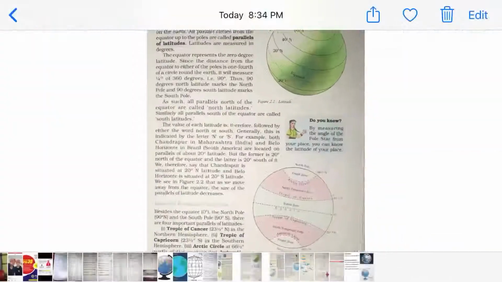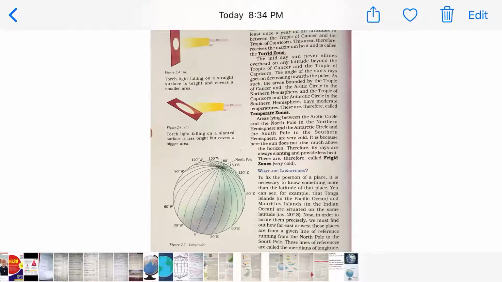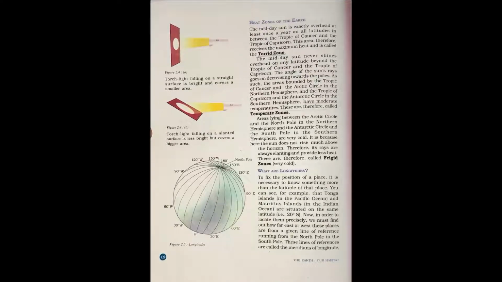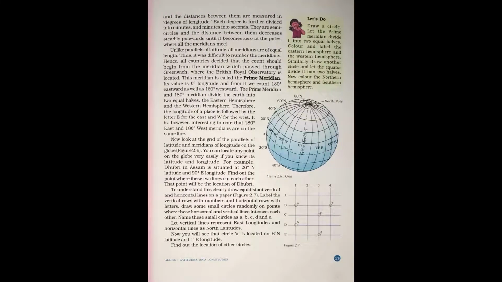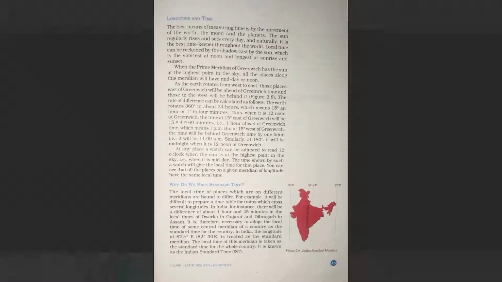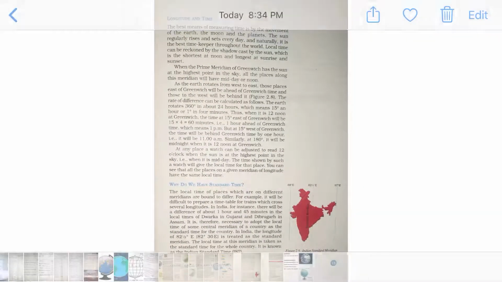So these things are given in our chapters. You can read the chapter. I discussed all the small parts and all the terms. I hope you understand. After reading the chapter, if you are facing any kind of problem, you may ask me, or if you are facing any kind of problem in understanding this video,